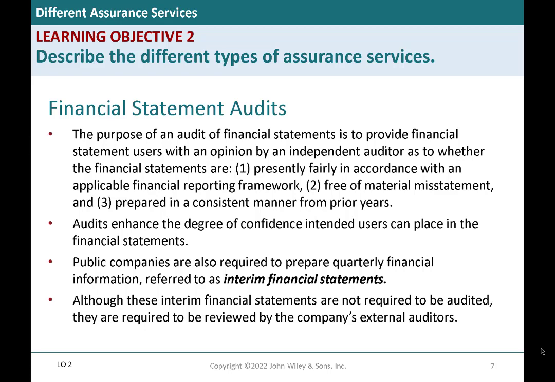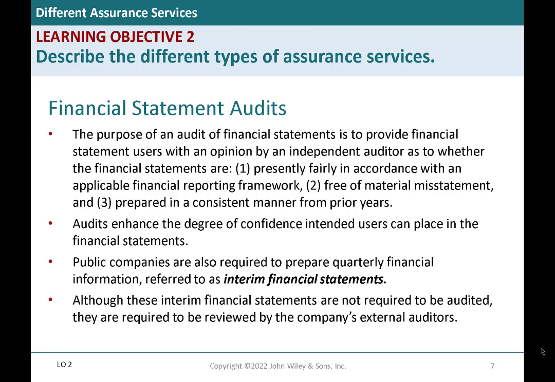So now that we're familiar with some of the initial terminology regarding assurance services, let's look a little bit more deeply into the specific types of audits that actually occur in practice. The first one that we're going to talk about is what we're all most familiar with, the audit of the financial statements. And basically, auditors are trying to give reasonable assurance to end users when they conduct an audit that